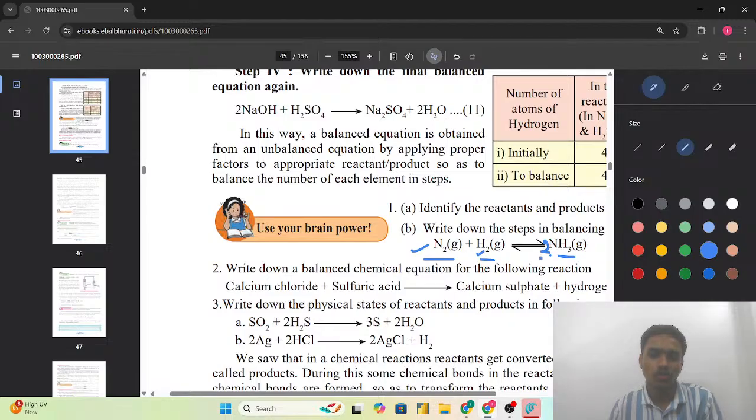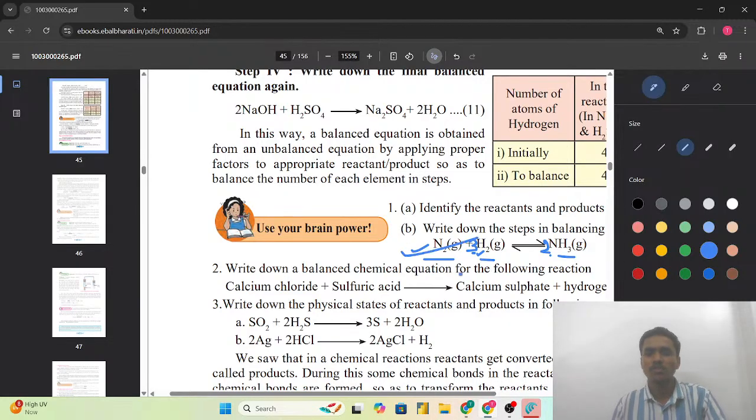सो दैट वी हैव टू सी। हाइड्रोजन यहाँ पर दो है, हाइड्रोजन यहाँ पर छह हो गए। सो आई ऑल्सो वॉन्ट द सिक्स हाइड्रोजन ऑन द रिएक्टेंट साइड। तो ऐसा कौन सा नंबर है जो लिखने के बाद मतलब जिसे मल्टीप्लाई करने के बाद यहाँ पर छह हाइड्रोजन हो जाएंगे और यहाँ पर भी छह हाइड्रोजन जो कि है। सो इफ आई मल्टीप्लाई हियर विद द थ्री, सो तीन दूने छह, तो यहाँ पर छह हाइड्रोजन हो गए, यहाँ पर भी छह हाइड्रोजन हो गए, यहाँ पर दो नाइट्रोजन, यहाँ पर भी दो नाइट्रोजन।